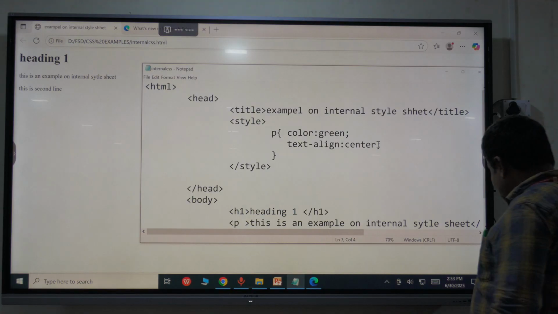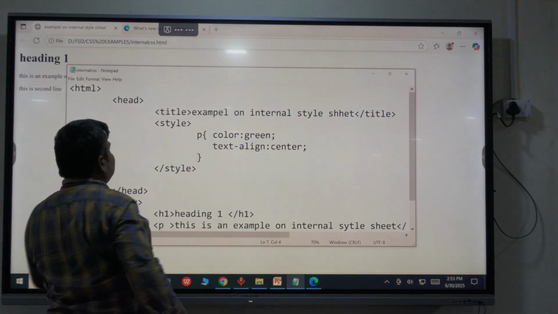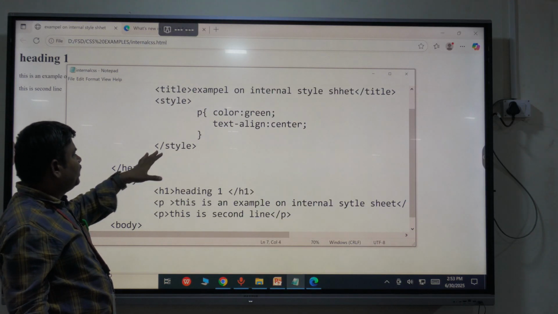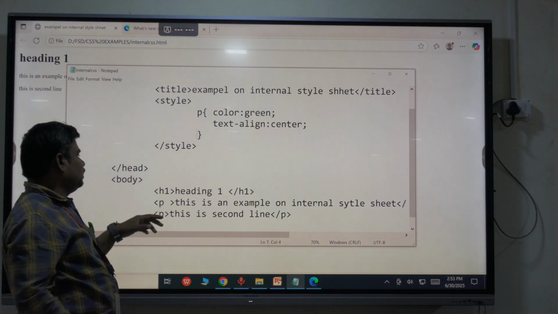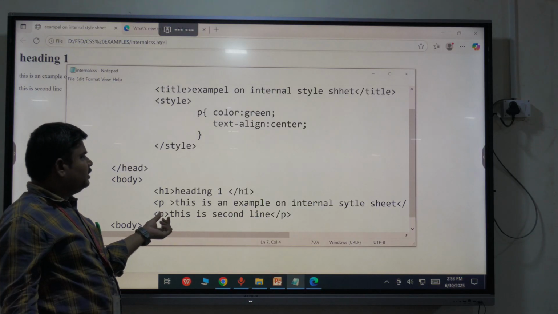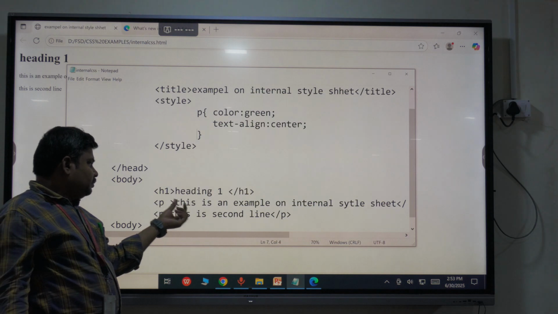So observe carefully what I have tried to do here. For this heading tag and paragraph tag, I want to apply color and the text align property. For the paragraph tags I have used here in the HTML body, I just want to change the color of the paragraph tags to